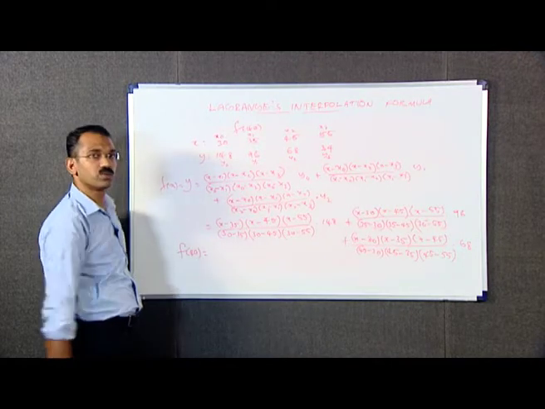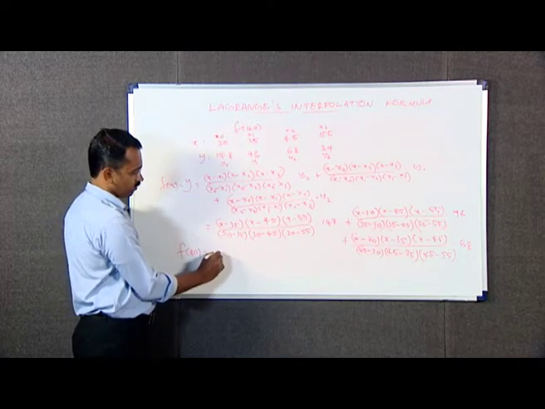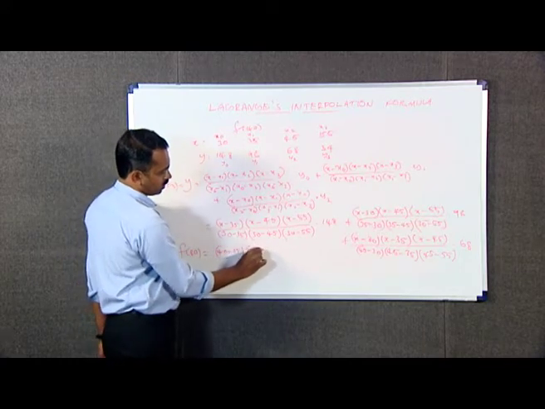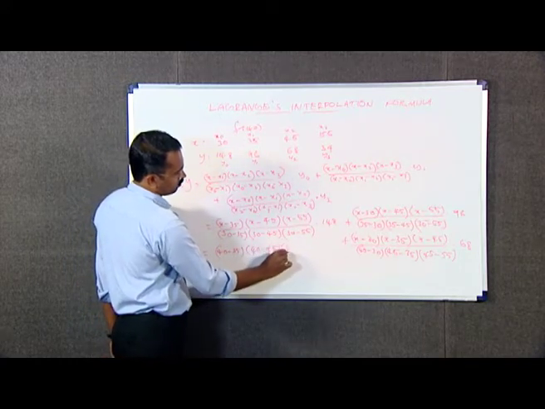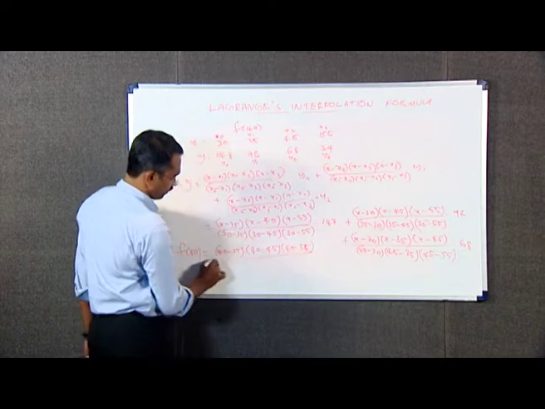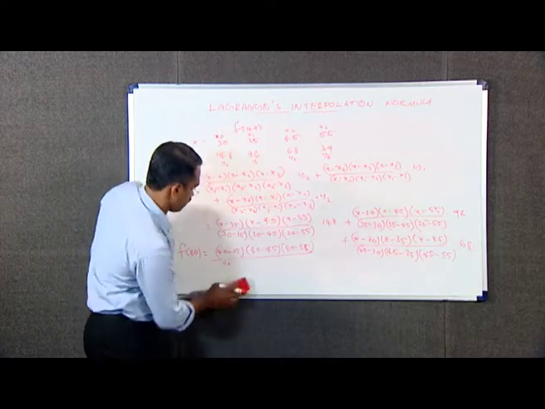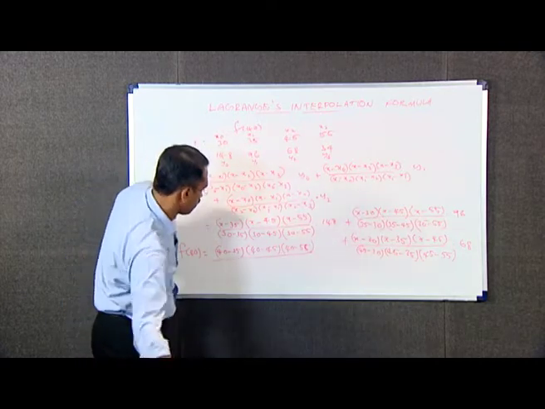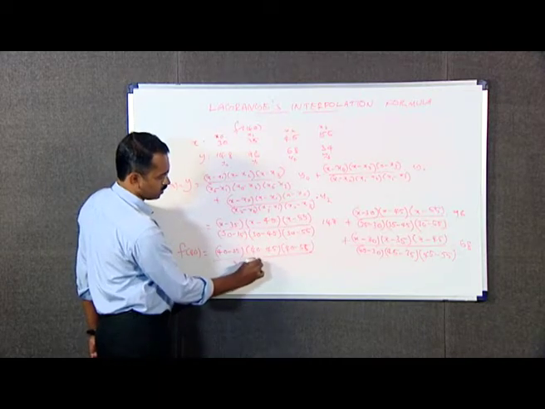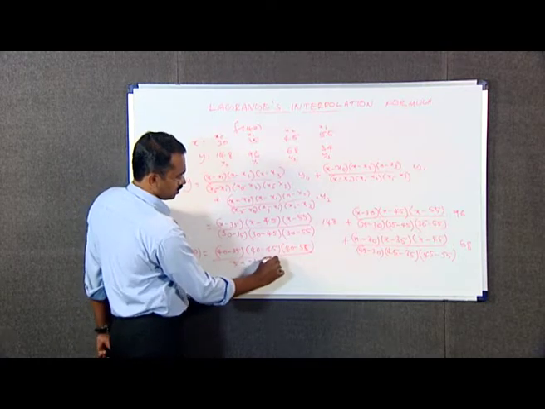Therefore, if we substitute x equal to 40, this will become 40 minus 35 into 40 minus 45 into 40 minus 55 divided by 30 minus 35 is minus 5 into this is minus 15 into 30 minus 55 is minus 25